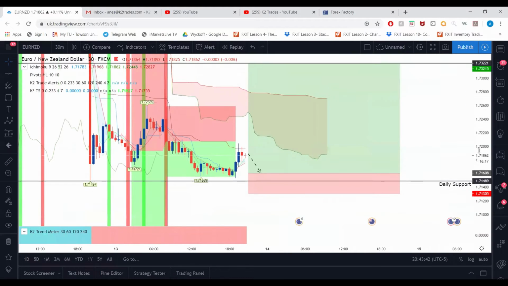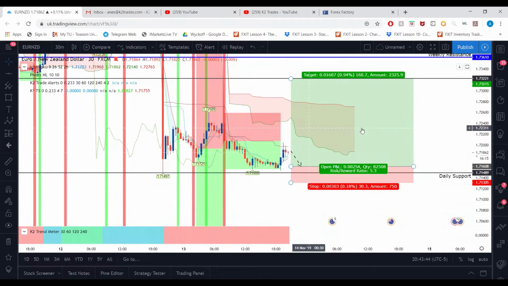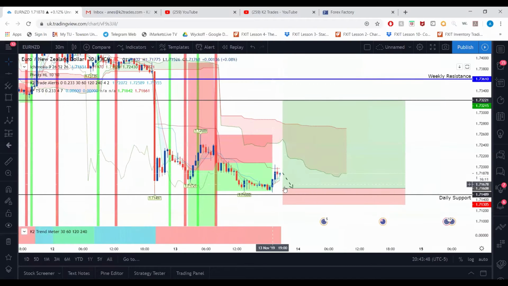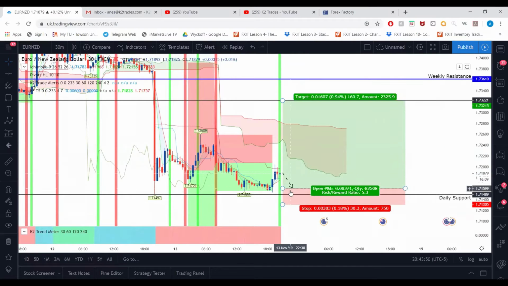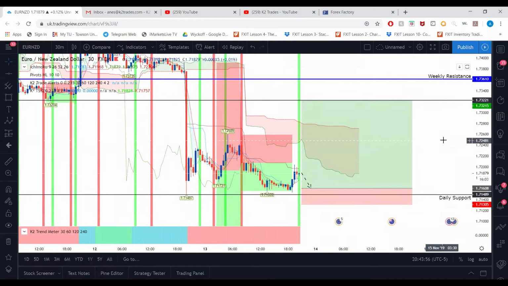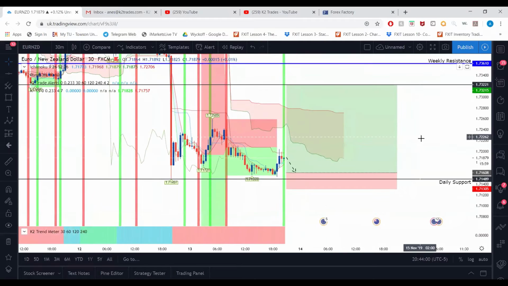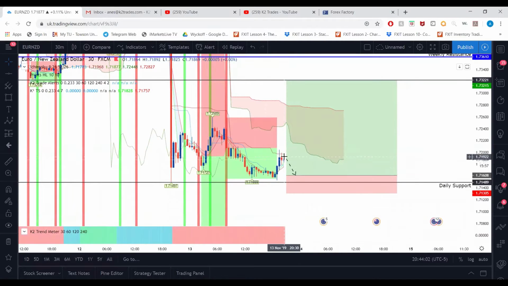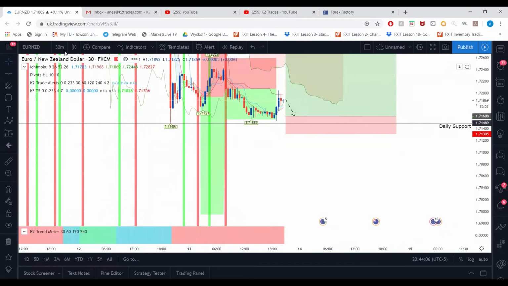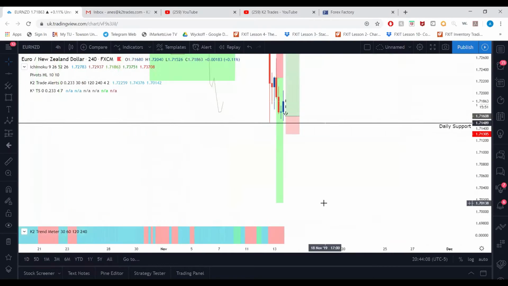But right now, obviously on 30-minute, the Ichimoku is closer to the price. But I would like to look for this price to come back down a little bit, and then I would probably look for some buys here, because it's around the strong zone. Unless I see a big bearish momentum pushing through, then yeah, the focus would definitely switch to selling,